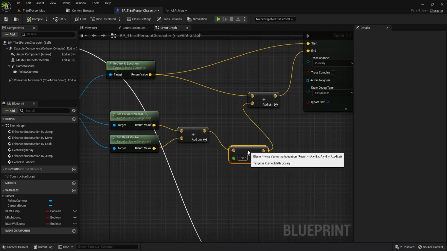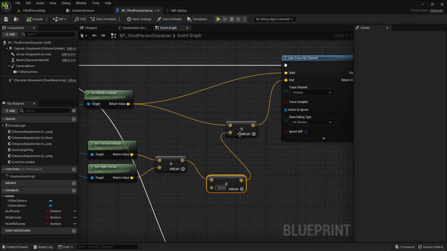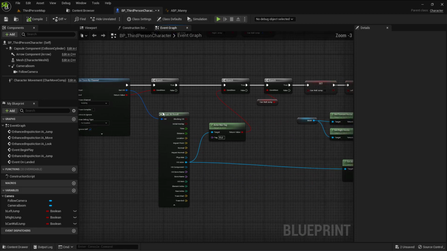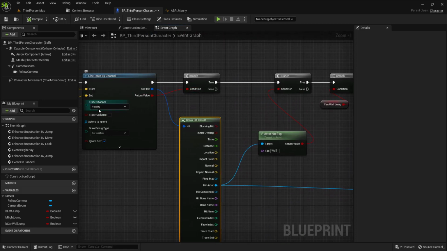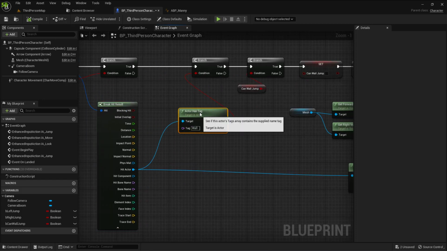So multiply that, because it's a normalized vector, you need to multiply it by a distance. I give that 100. It depends on you, basically 100 and maybe 50, 80, it will be fine. So multiply by 100 and then add that to the world location and make that the end location to that trace. And if that trace has successfully hit, of type visibility, break that, and only if that actor has